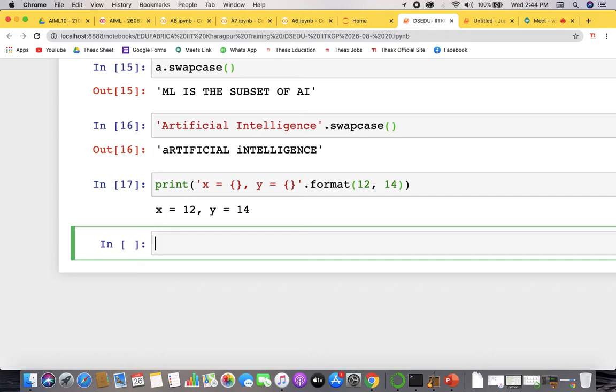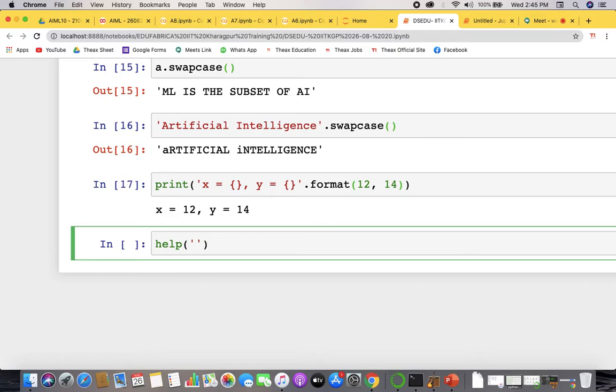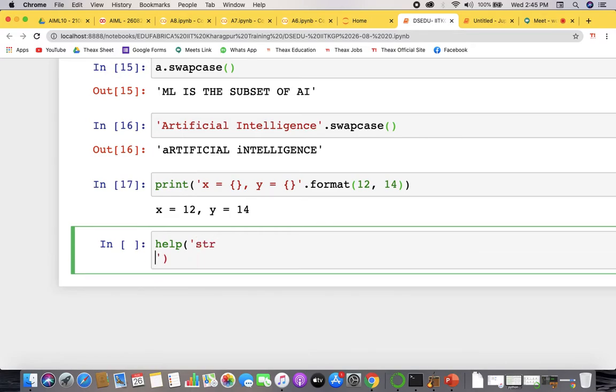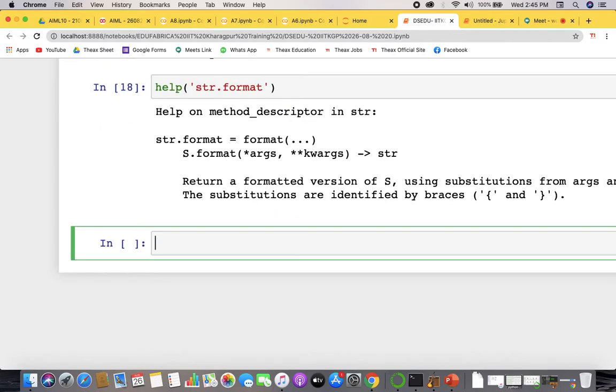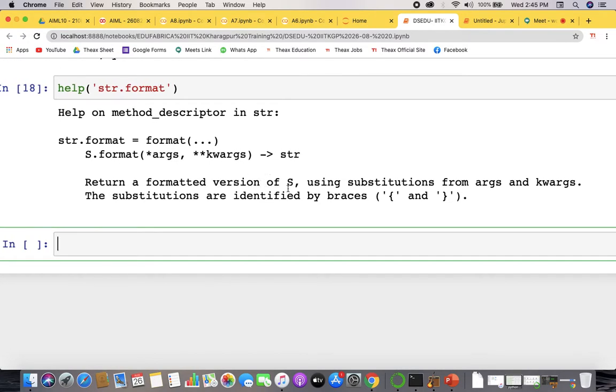So anything can be done with this. Write str format. Inside the string, if you see, it returns a formatted version of a string using substitutions from the arguments and the kwargs. Okay, right? So you just write the string dot format and the arguments, and it does the thing.